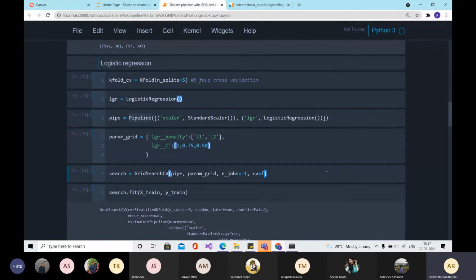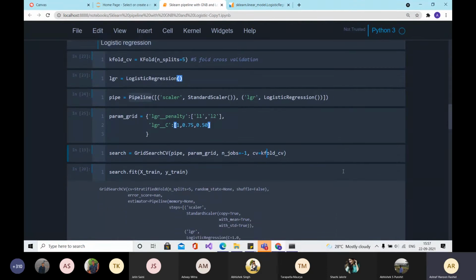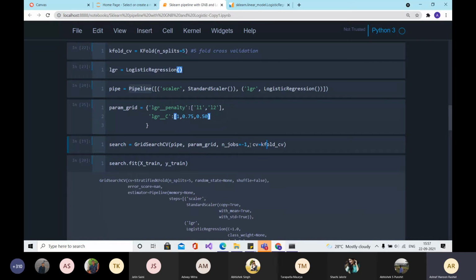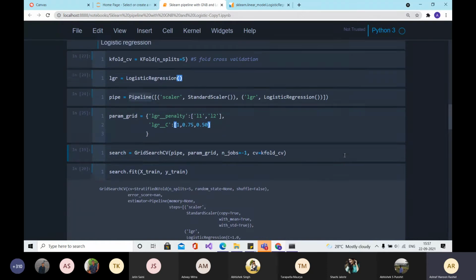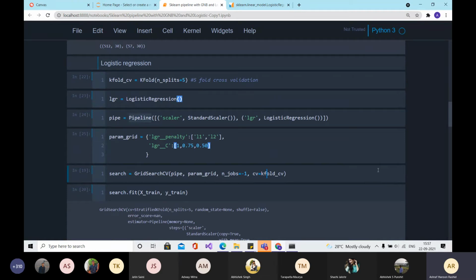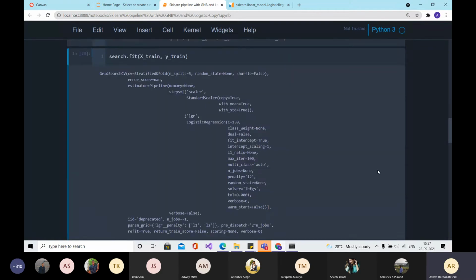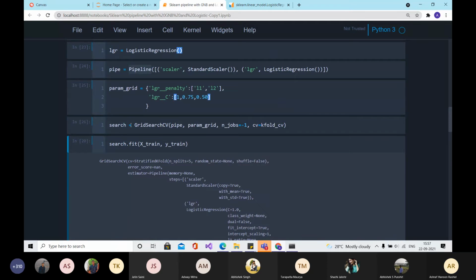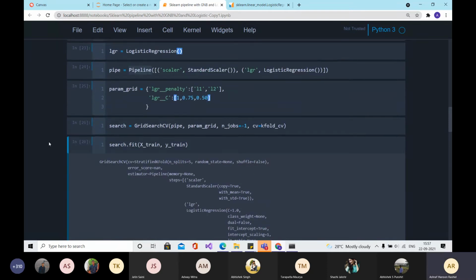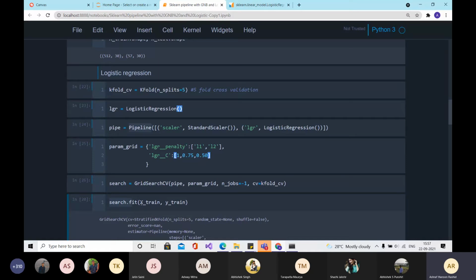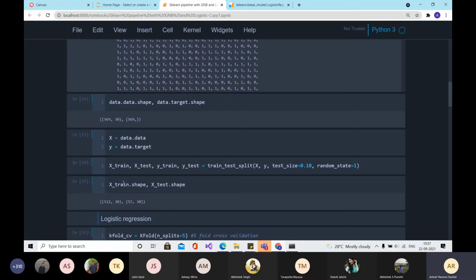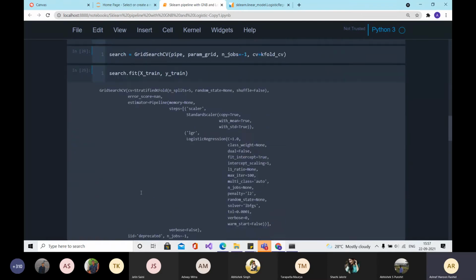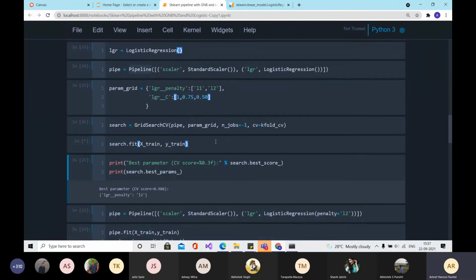So it is kfold_cv. And if you want to do parallel processing, just pass n_jobs as -1, so it will use up all the cores that are available in your PC. Initialize this. Once you initialize this, call the fit function on the training data set that you got earlier. So X train and Y train, pass it on to that.